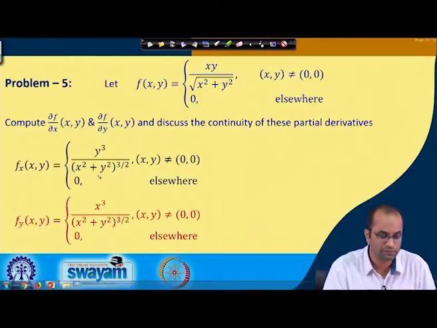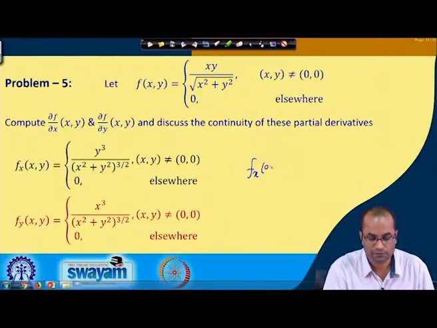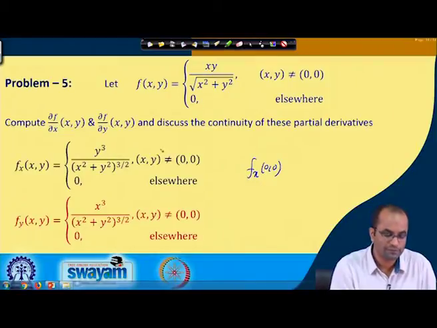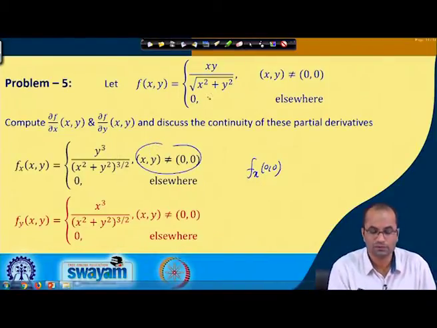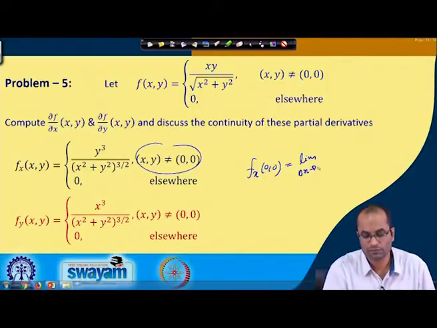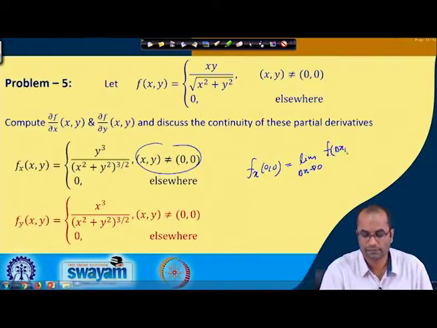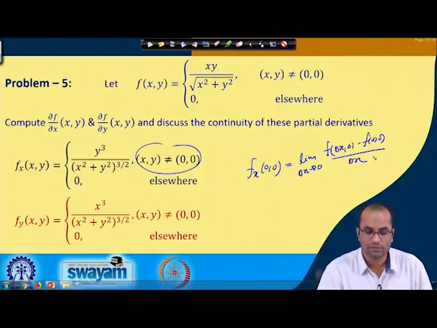So, we have to use here what is f_x at (0,0). So, at a non-zero point, we can directly compute from here, and at (0,0) we have to use the fundamental definition. So, as delta x goes to 0, we have f(delta x, 0) minus f(0,0) divided by delta x. So, f(0,0) is 0, and here if one of the arguments is 0,